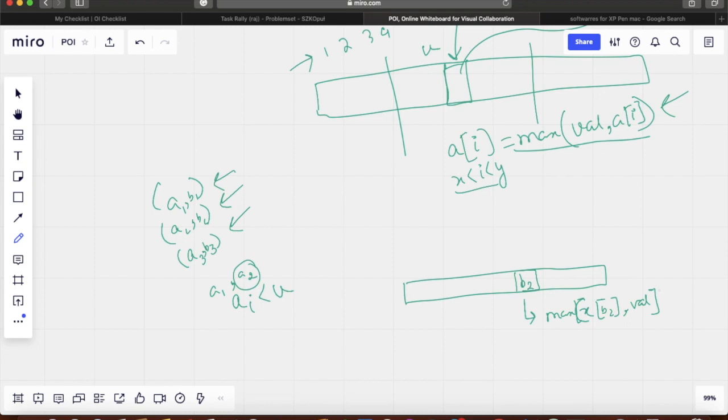So how does this help us? We have to ensure that for the ranges that we have processed, the bi values are greater than u. I am using my segment tree to do just that.